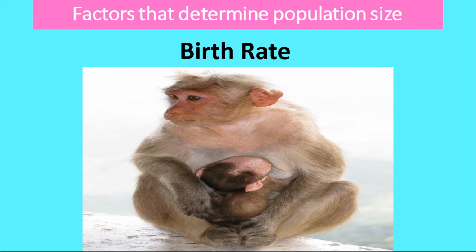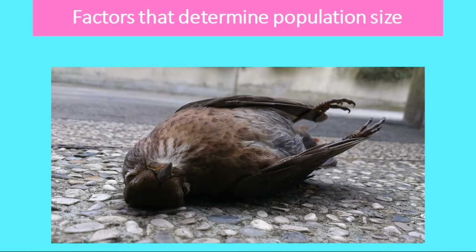The next main factor that determines population size would be our death rate. Our death rate is the rate at which organisms leave the population by dying. Death rate is often called the mortality rate. So birth rate and death rate are the key two factors that determine a population size. There are two other factors, though not as important, that may play a role in determining the population size. These factors are